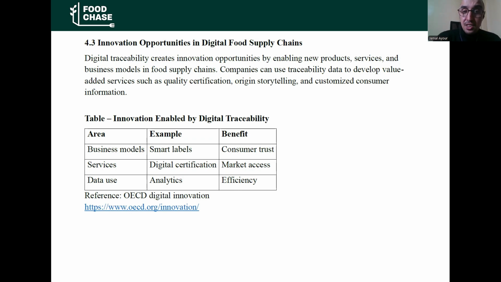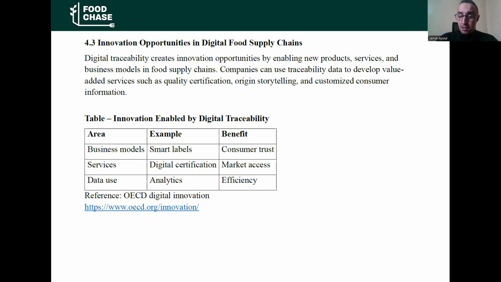Innovation opportunities in the digital food supply chain is one of the areas of research, as I explained. Digital traceability creates innovation opportunities by enabling new products, services, and business models in the food supply chain.